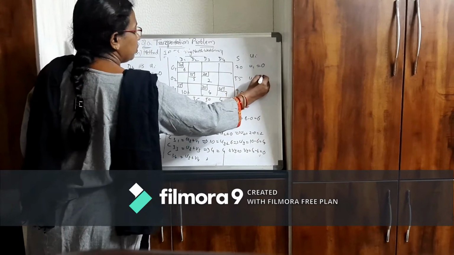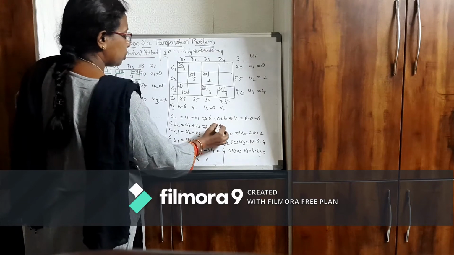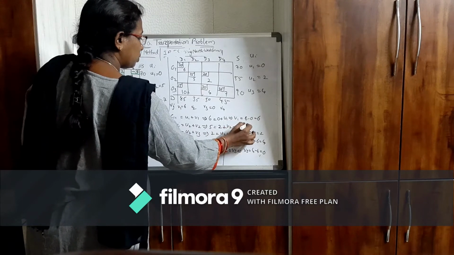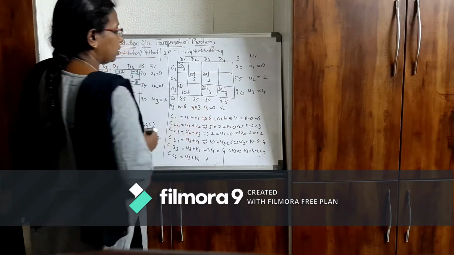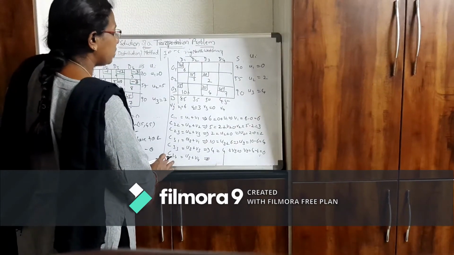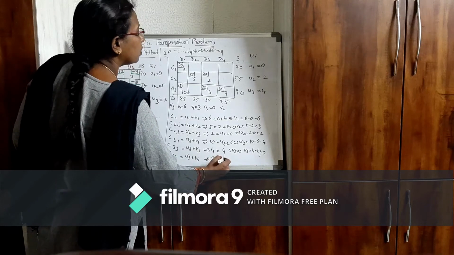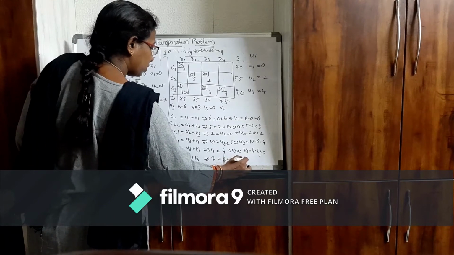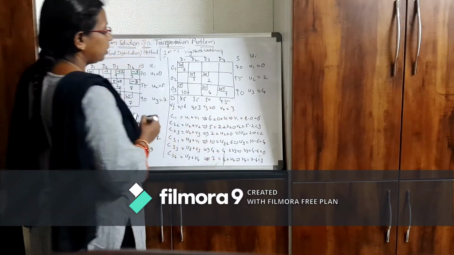So here this is equal to 2. Now I can write here U2 as 2, 2 plus V2, which we don't know. So V2 is equal to 5 minus 2, which is equal to 3. So this is equal to 3. Similarly here C34. C34 is 7. U3 is how much? U3 is 4. So 4 plus V4. So V4 is equal to 7 minus 4, which is equal to 3. So this is equal to 3.